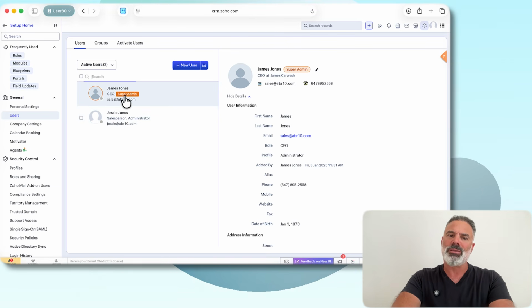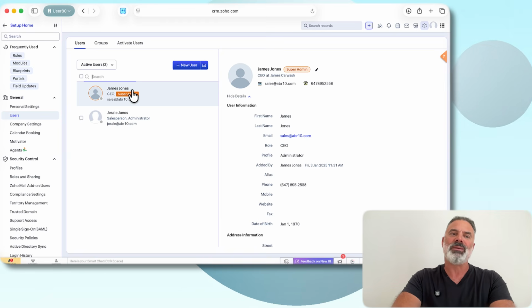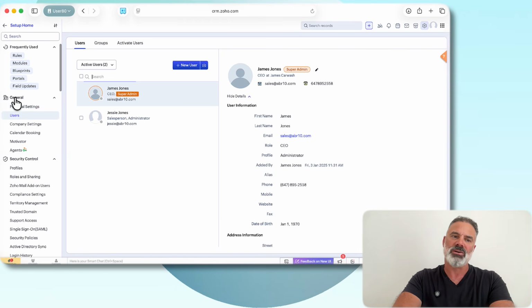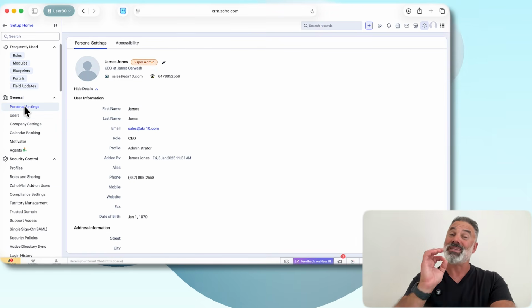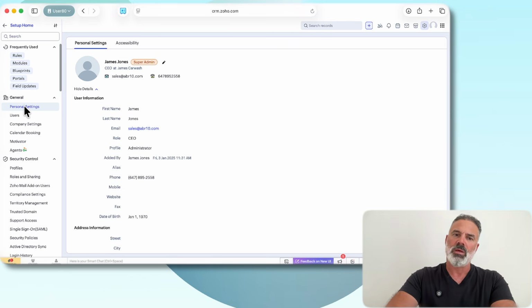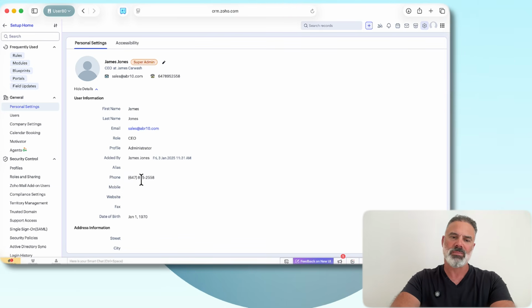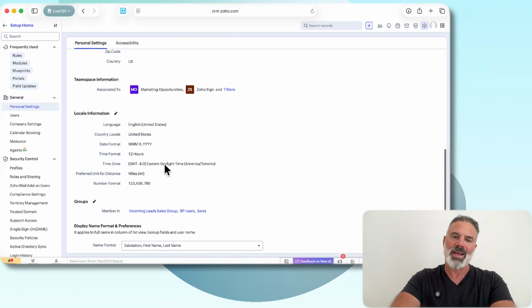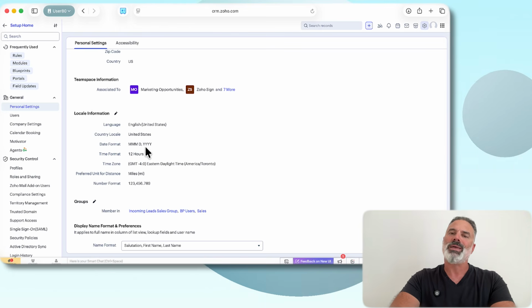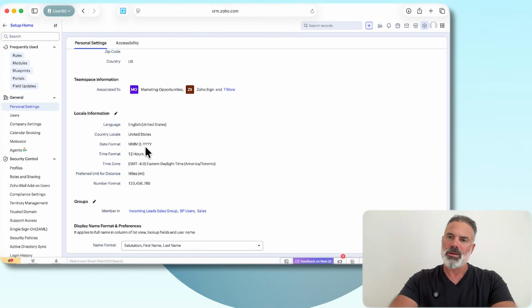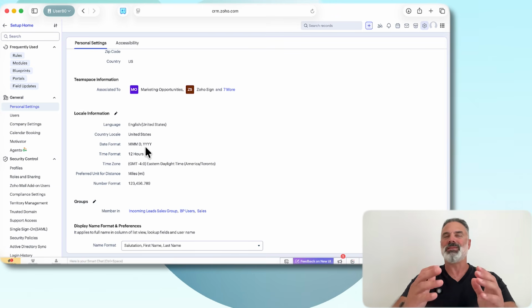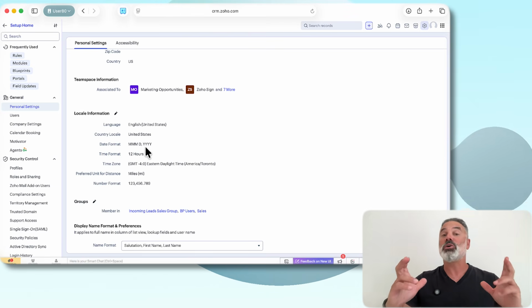Second thing, you want to make sure that every employee goes to the personal settings, so that will be under general and then personal settings. And that's something that every employee needs to do. They need to make sure that their name is correct, the email is correct, their phone number is there, and the time zone is correct. Without one of them, there can be mistakes in the system, and the biggest one is when you are sending